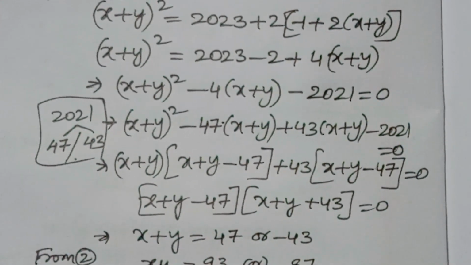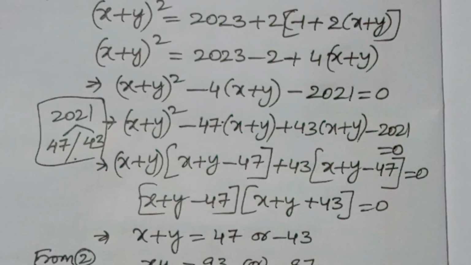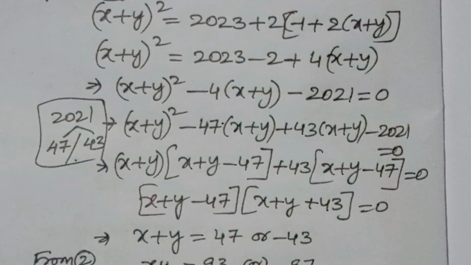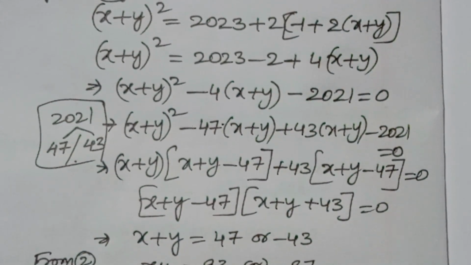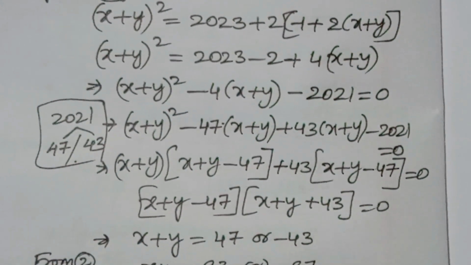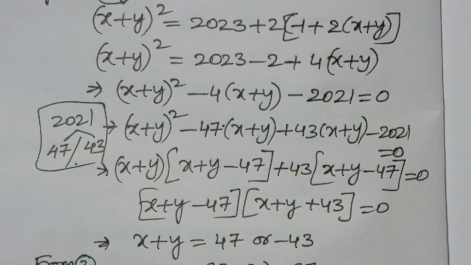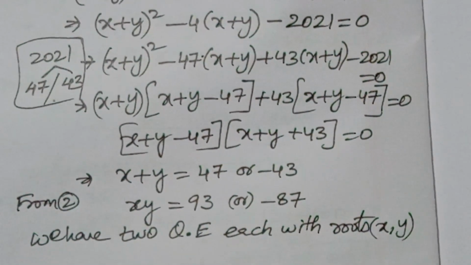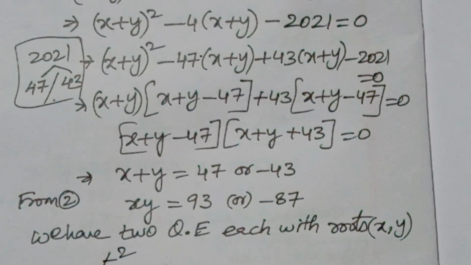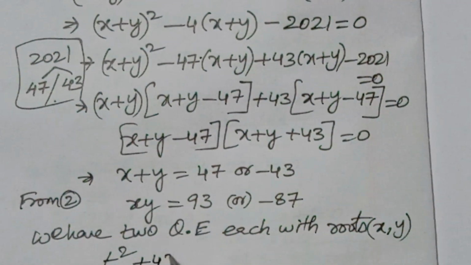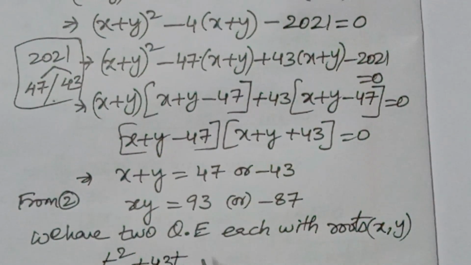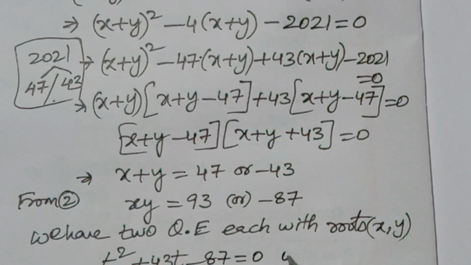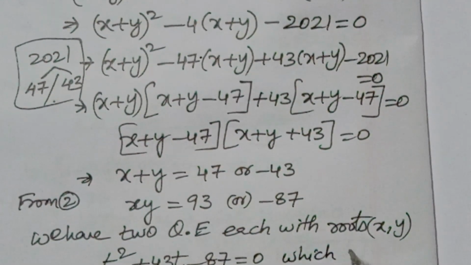We have two quadratic equations, each with roots x, y. So let us take the first one, t squared plus 43t minus 87 equal to 0, which gives